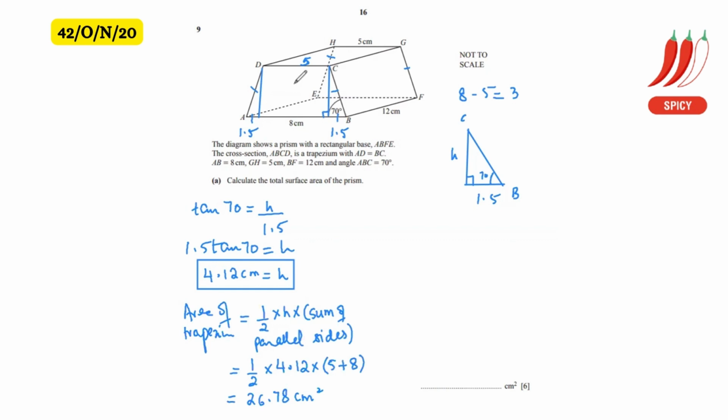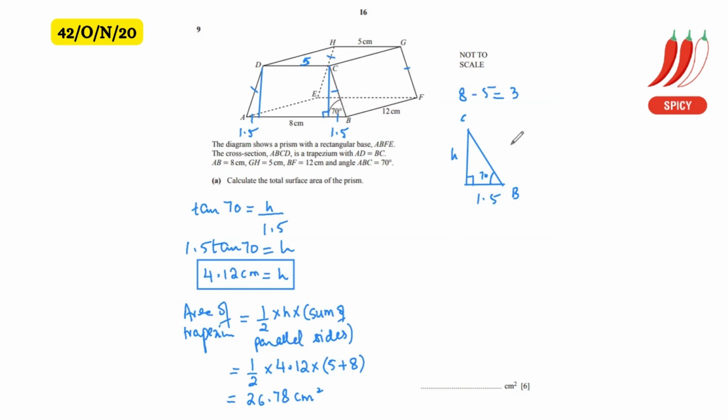So total of the trapezium faces is going to be twice 26.78. Then we have 4 rectangular faces as well. The top is a rectangle, the bottom is a rectangle, and we have side faces, which are also rectangles. For the side faces, we can see we have the base, we don't have the width for that. So to find the width for the rectangle faces, we'll once again use SOHCAHTOA and find the